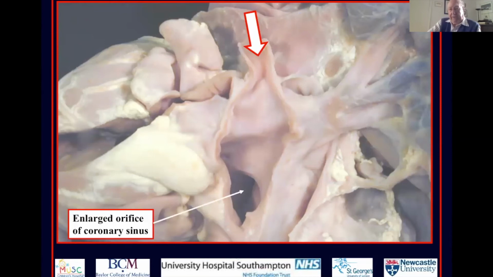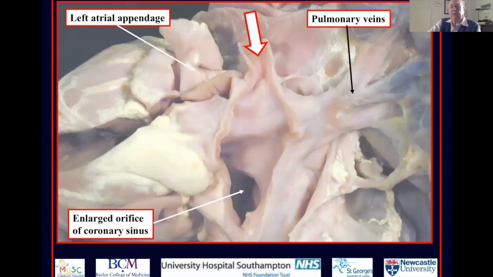It's opening to the right side of the heart through the enlarged orifice of the coronary sinus, and it is tracking down behind the left atrium, and it is doing so between the left pulmonary veins and the left atrial appendage. And this is the characteristic track for the persistent left superior caval vein,